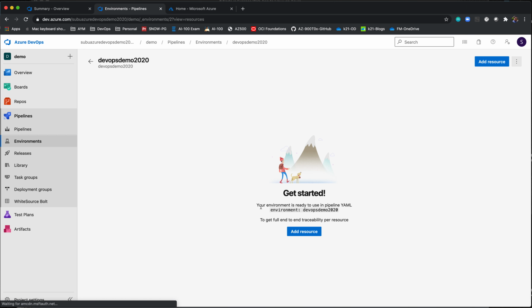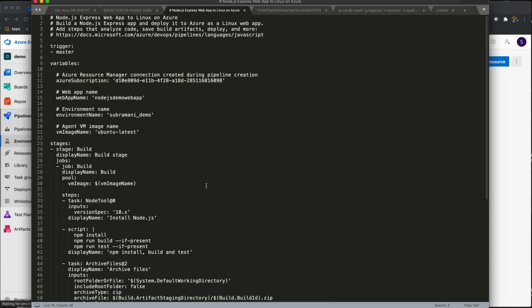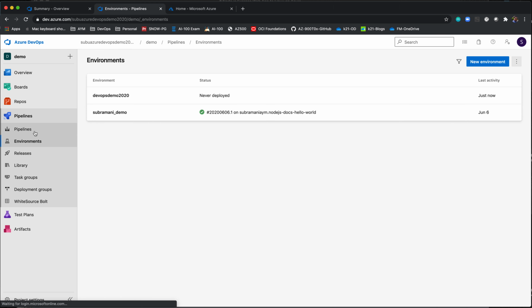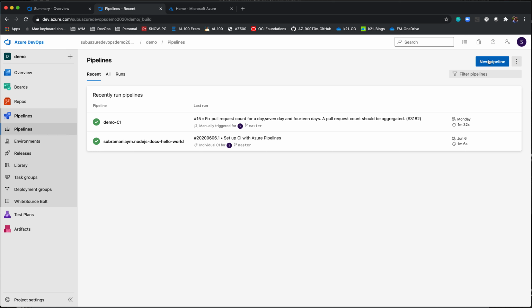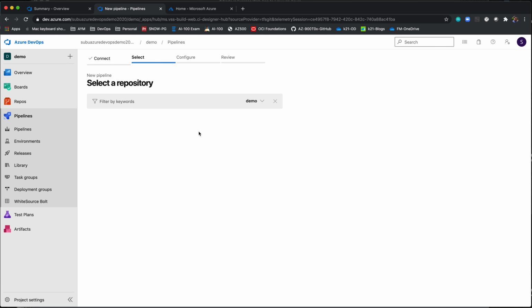This environment is ready to use in a YAML pipeline, and this is the environment name that I'm going to use. I already have a YAML file with me, which is available on the internet. This is just a YAML file. First let me copy the YAML. I'm going to Pipelines and creating a new pipeline, under which I'm choosing Azure Repos, and then choosing